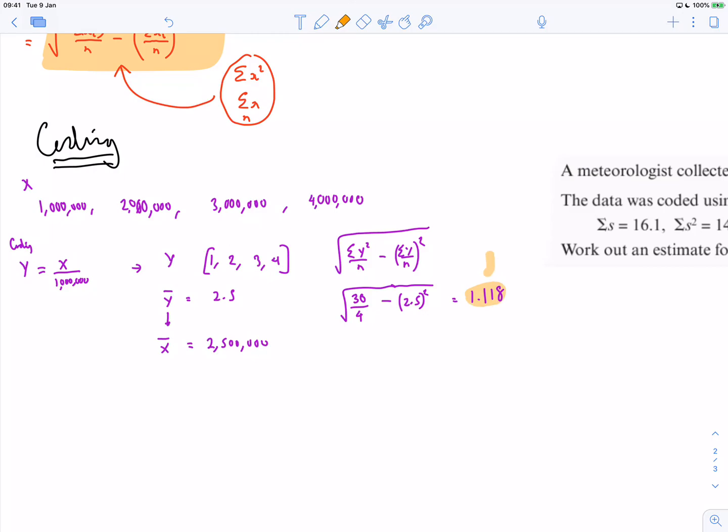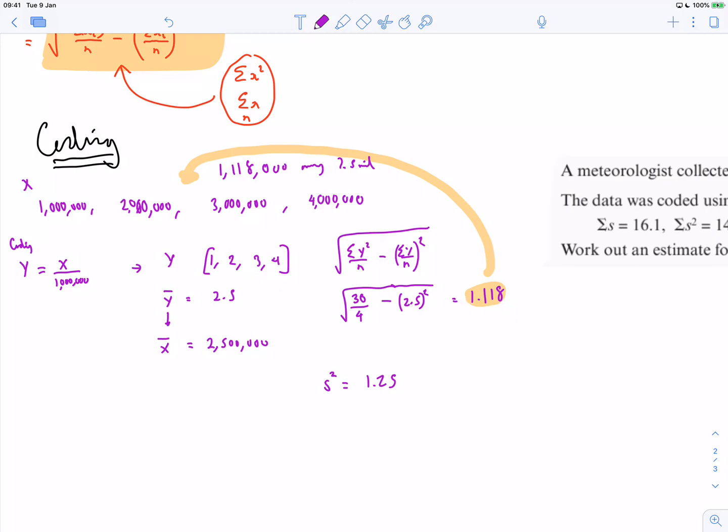If we times it by a million, 1.118 million is saying the average distance between these points is 1,118,000 away from 2.5 million. That's totally okay. But let's suppose I had the variance s squared, which is that number squared, which turns out to be